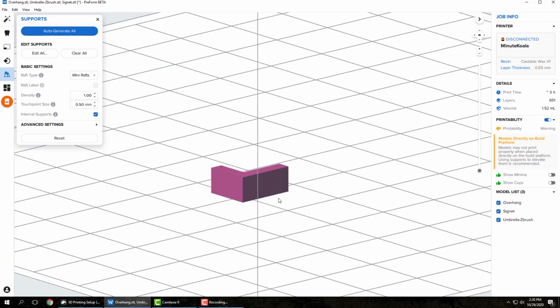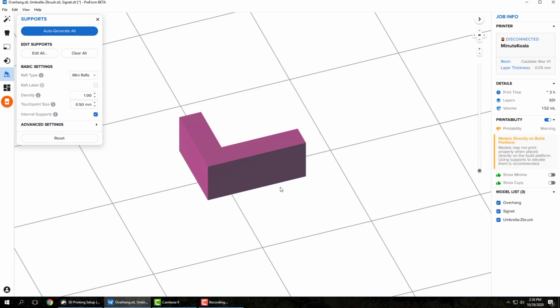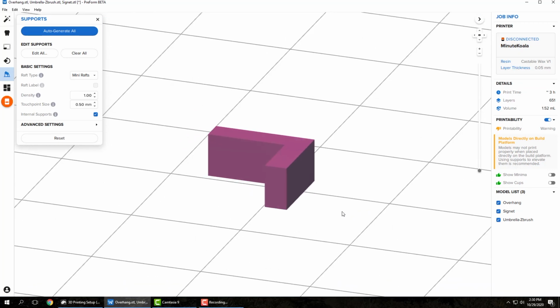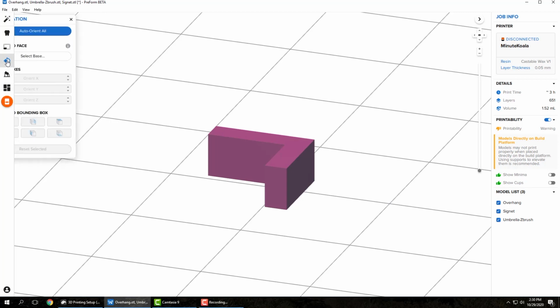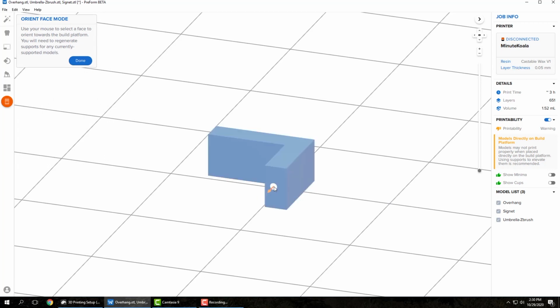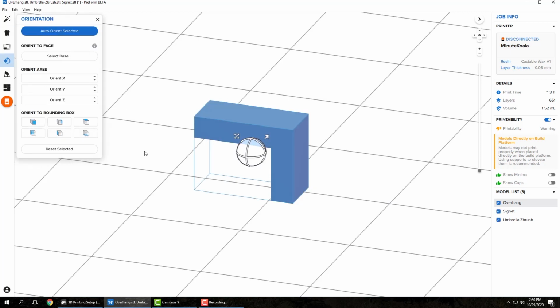is a bit more about overhangs and printing flat pieces. So I made this very simple little L-shaped piece here, but this is going to illustrate a couple of things for us. So I'm going to change the orientation real quick. I'm going to go into the orientation area of PreForm, and I'm going to click Select Base. And I want this base to be facing down,